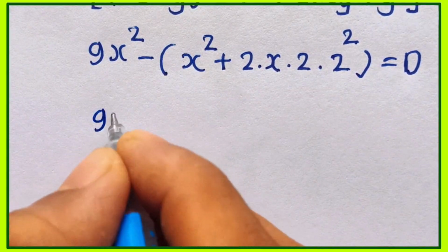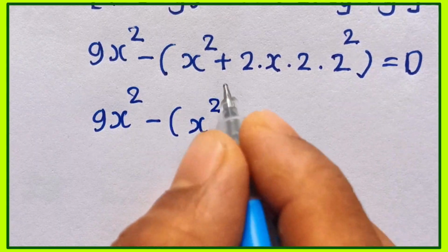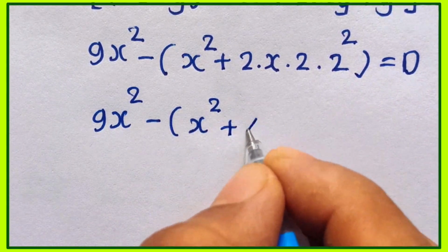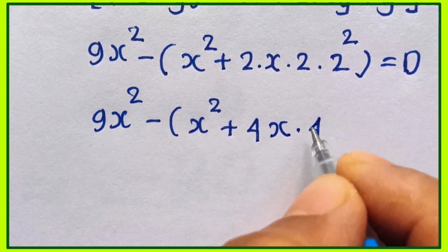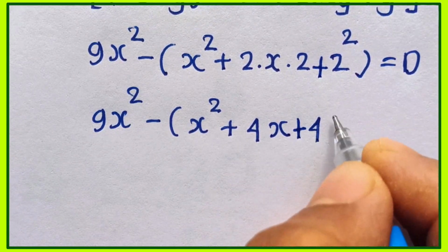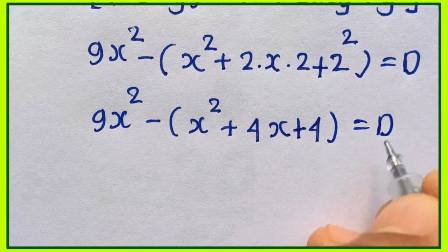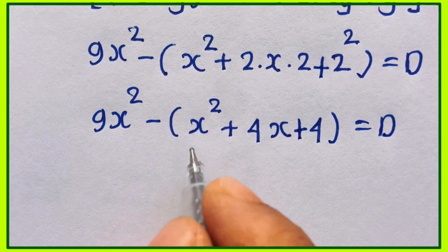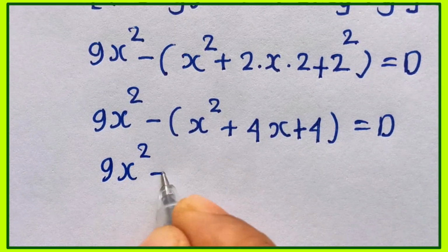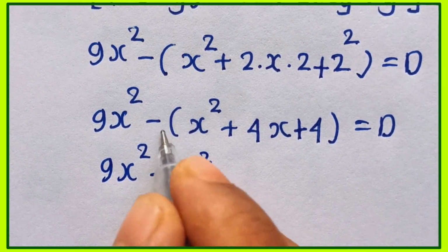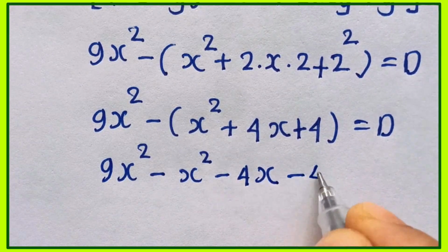Now 9x square minus (x square plus 2 times 2 is 4, so 4x, and 2 squared is 4, plus 4) is equal to 0. And now we are going to distribute this minus to all these terms. That will be 9x square minus x square minus 4x minus 4